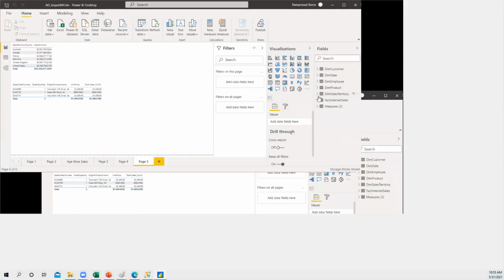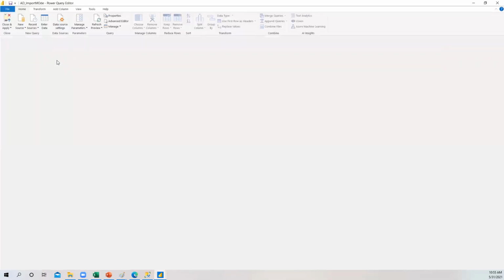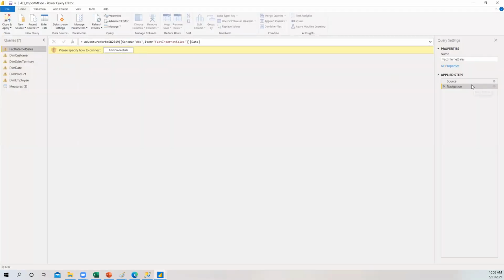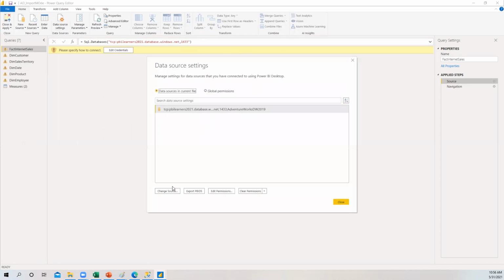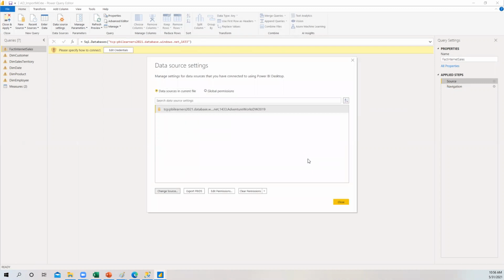Okay, guys, now this connection is Azure. See, I will show you which mode it is connected to. This is connected to Azure, right? That's why all the tables are having issues. So you might have a question: can I change the existing file itself? Let us see. Go to the data source settings, guys, and change the source. Pick Change Source and set the server name as this one. But let us see what we get.